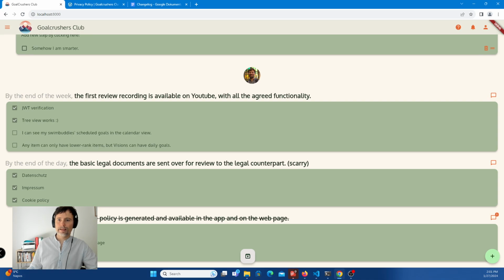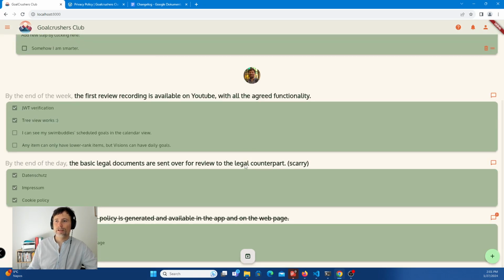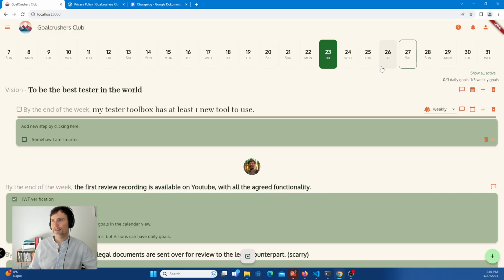This is since then not the case because it did not seem to make too much sense. But right now you are seeing that you can practically do the same for your swim buddies as well. And this, of course, is especially valuable if you are working with multiple swim buddies. You see all their goals in front of you for the week, for the day, so that it's easier for you